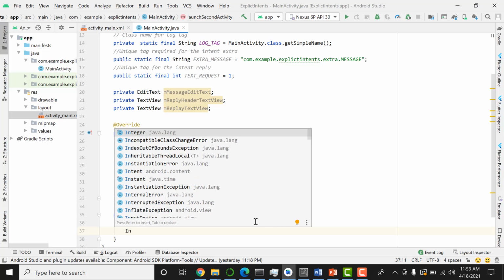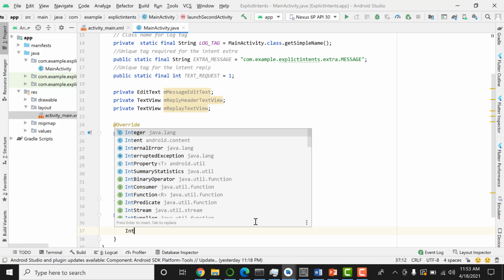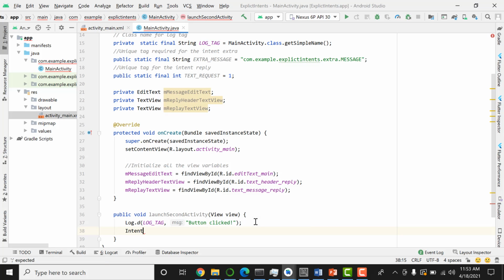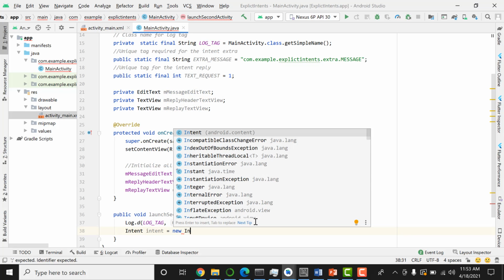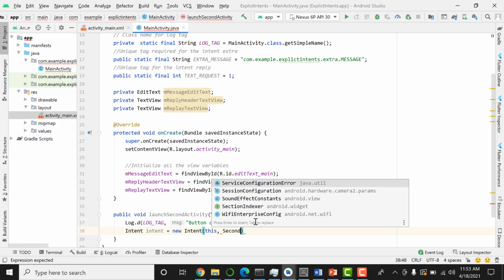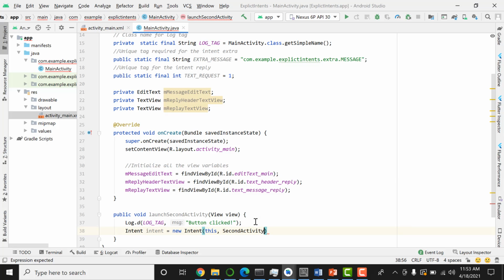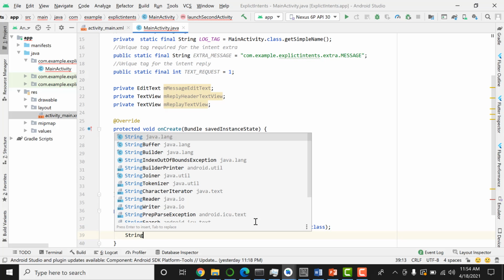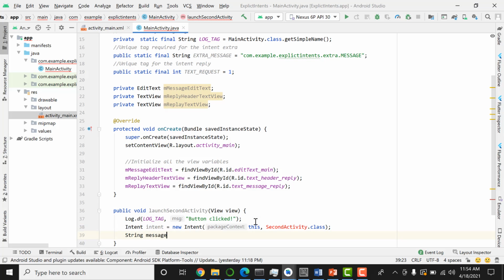Okay, then we are going to use these explicit intents. So how do we use it? You simply write Intent, then the reference variable, which is intent. It can be anything, but make sure it has a meaningful name. Create the object of the Intent class, and then pass it as arguments this activity and the name of the second activity, which in our case is SecondActivity.class, which we haven't created so far, so we are going to create it. But let me first complete this